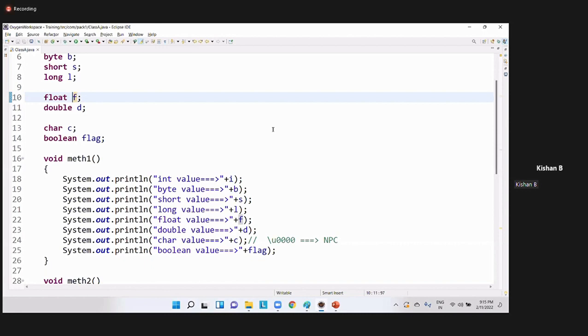Sudhakar, when will the int value print 100? Exactly. Did you get the answer for your question? Yes. Mahesh,